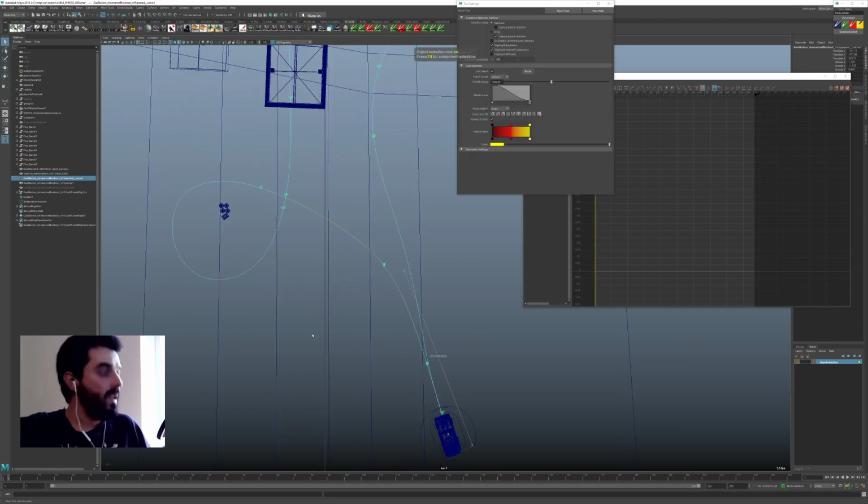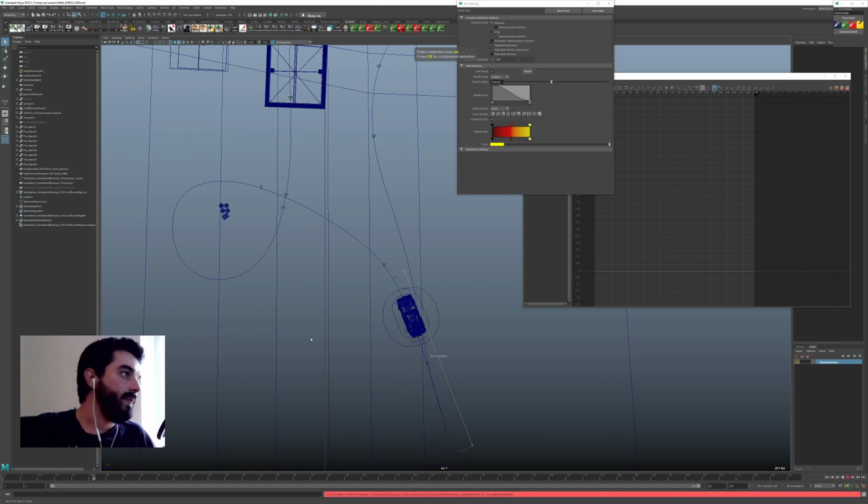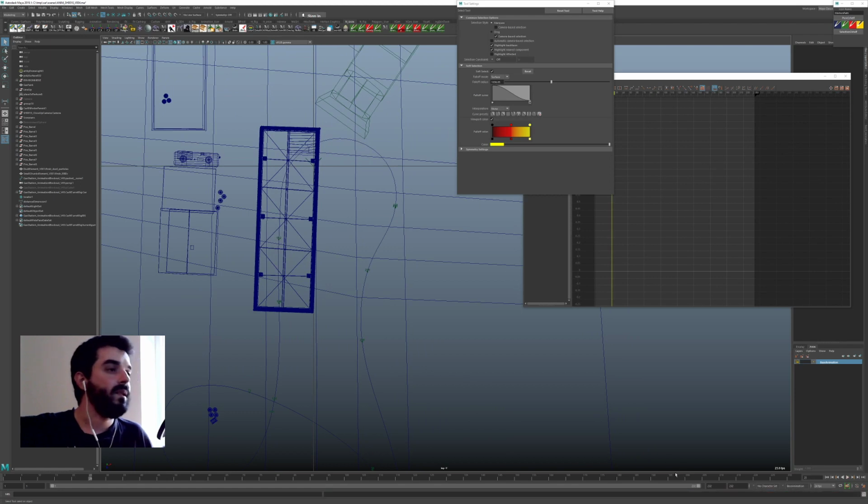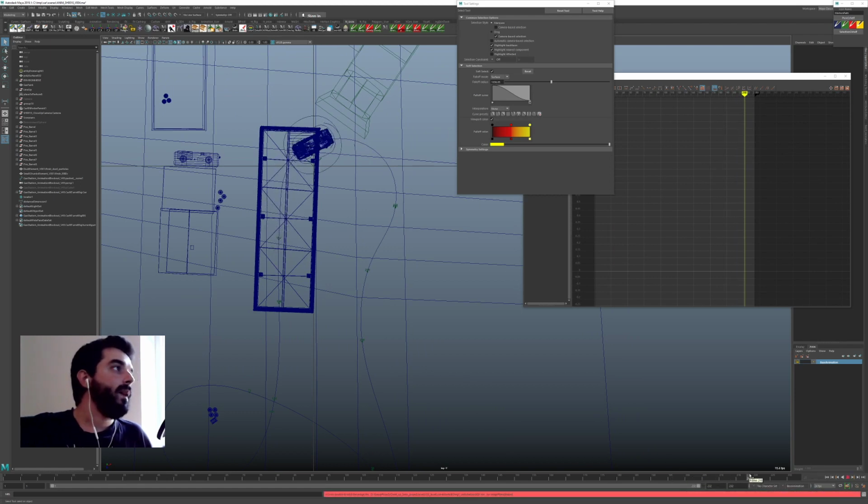So please notice that I'm not even looking at the camera yet. Right now I'm only interested in making sure that the trajectory is sort of clean. There you go. Yes. So I was saying that